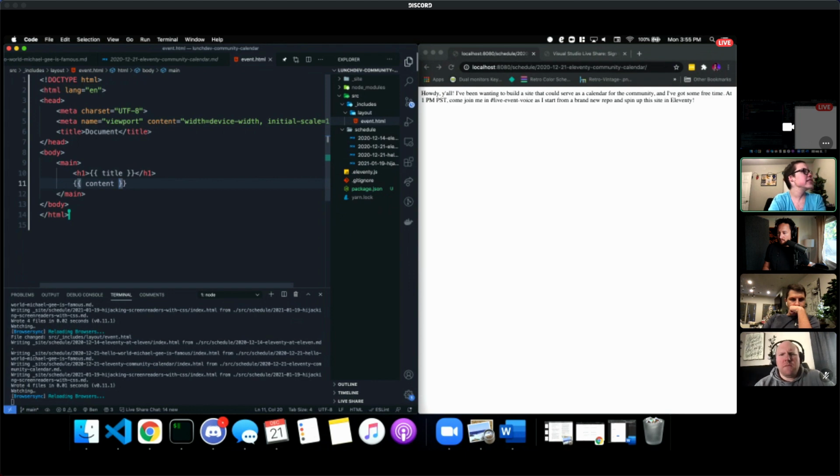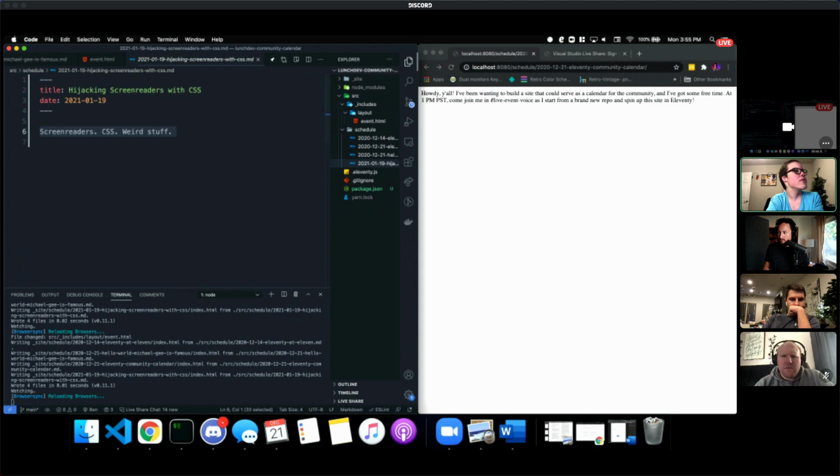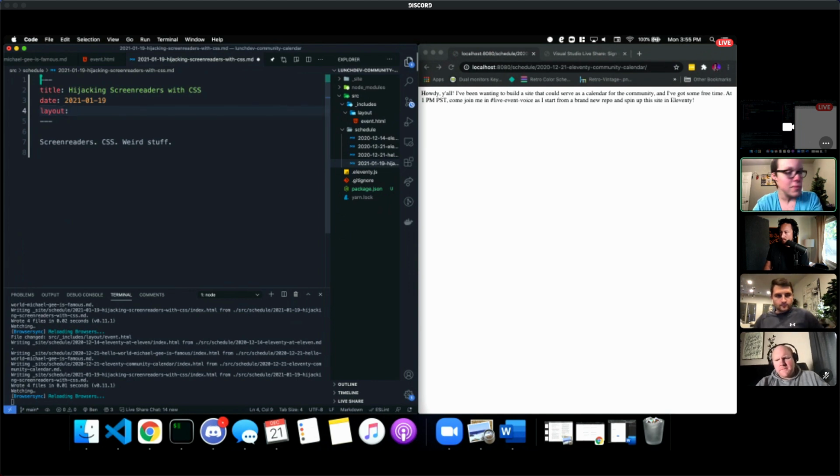So I'm going to save this. Now we've got a lovely layout file. I want to tell my markdown file, hey, when you create a page based on this markdown file, I want you to use this layout that we've created. So I'm going to create a new property in our front matter called layout. This is a magic word here. I don't think you can reconfigure this. I think it has to be called layout. But that's fine because it's an easy to remember name. And here, I'm going to give this a string